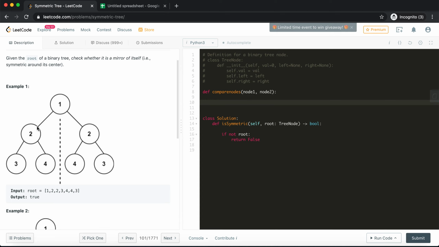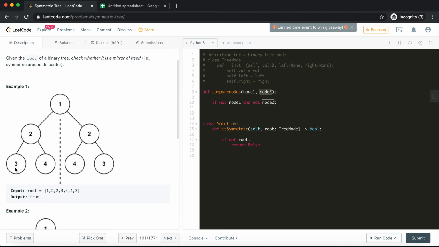The first thing we can check is, if not node 1 and not node 2, meaning both the nodes are missing. In that case, interestingly, it's not a negative case, because both the nodes are missing, which means it is symmetric.